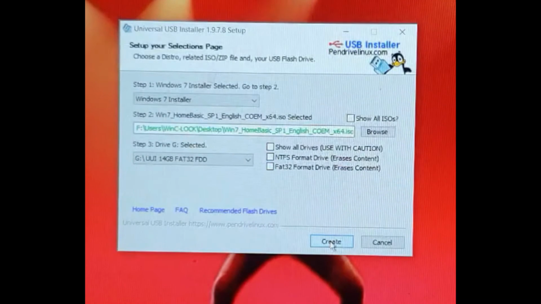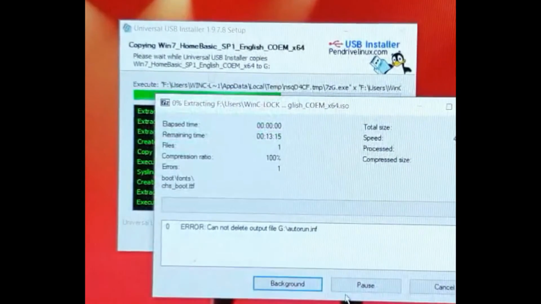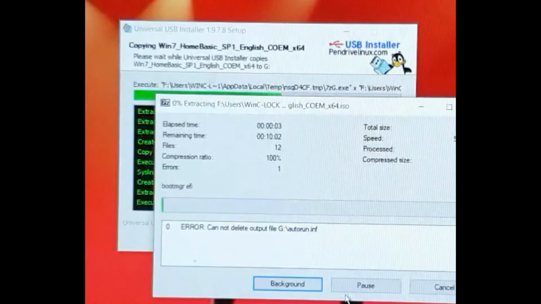And then it says create, and mind you, when you click create, everything on the thumb drive will be destroyed or erased, because it will format the drive and create a partition, a Windows partition. You will get this prompt. You say yes if you want to go ahead, because it will create a master boot record, and all the information which was existing before will be erased on the USB drive. So you have to be very careful which drive you are selecting. You should not select your hard drive, otherwise it will format your hard drive. Then you click yes, and you let the process continue and finish.